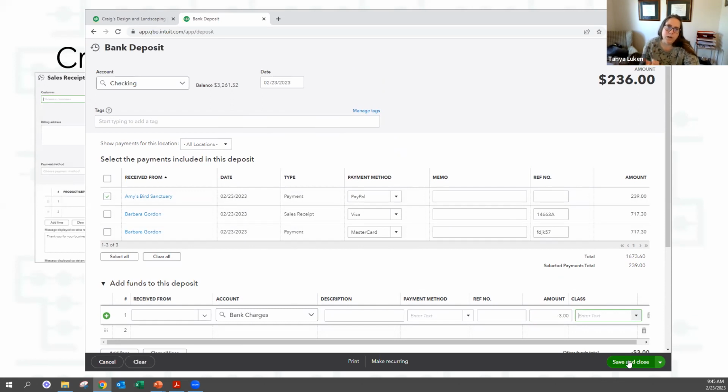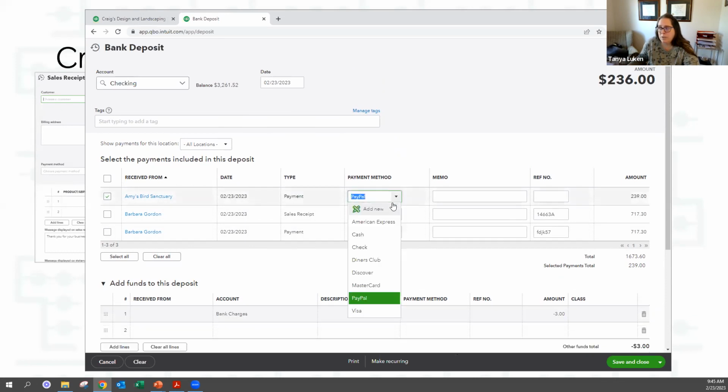So Nora, what you want to watch for is if they paid you with a check, you could absolutely just pick check as their payment method as well. But you would want to make sure that if you have an open invoice, that you're marking them as paid and that if your bank deposit includes multiple payments from customers, you're picking undeposited funds when you mark those invoices as paid on the receive payments, and then you're grouping those together into a bank deposit that matches how much money you got from the bank. Okay.